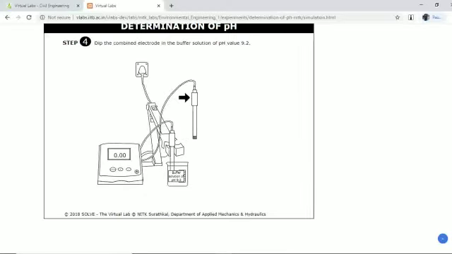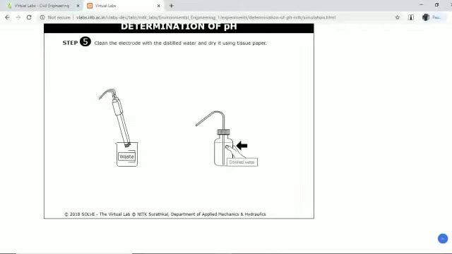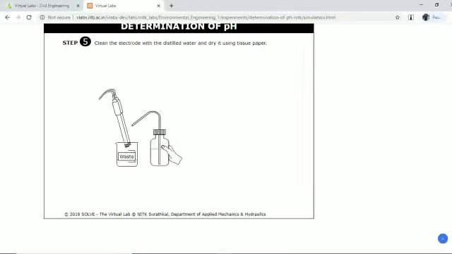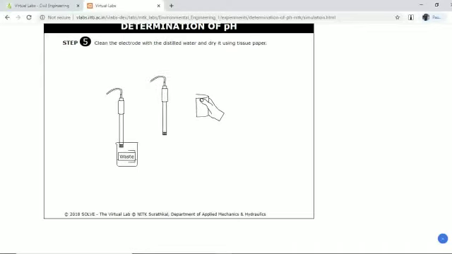Actually, it is not some animation, it is an experiment that is done by me. Now we'll determine the pH value of the sample. Now we are going to clean the electrode with distilled water and dry it using tissue paper.